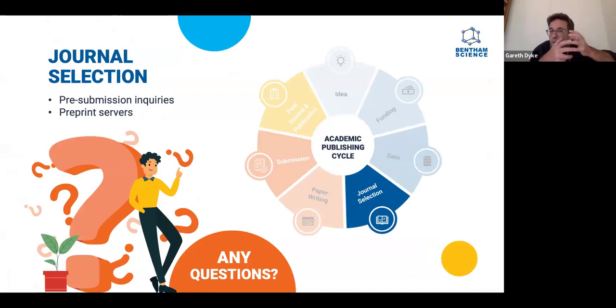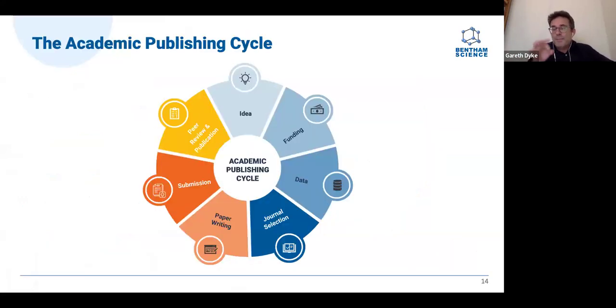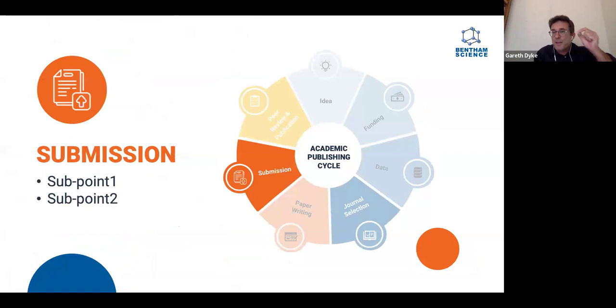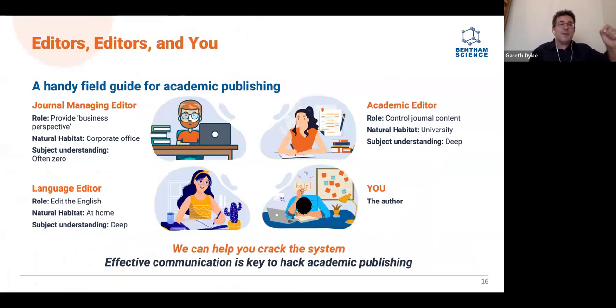As we talk now in our training session today, initially, again, about making that journal selection step at the beginning of your research life cycle, finding a journal, making pre-submission inquiries, and potentially using preprint platforms to speed up your writing and publishing journey. Let's move on. Let's jump a little bit ahead and start talking about submission of your next article to a great academic journal.